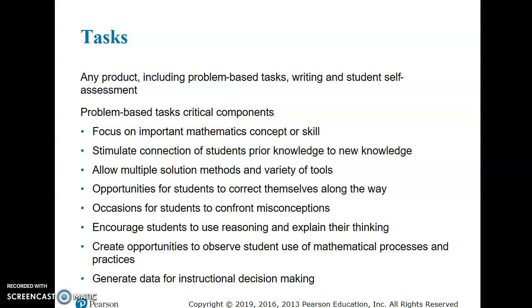Problem-based tasks are tasks that connect to actual problem-solving activities used in instruction, such as focus on important mathematical skills and concepts, stimulate connections of students' prior knowledge to their new knowledge, allow multiple solutions, methods, and various tools to use, opportunities for students to correct themselves along the way, occasions for students to confront misconceptions, encourage students to use reasoning and explain their thinking, create opportunities to observe student use of mathematical processes and practices, generate data for instructional